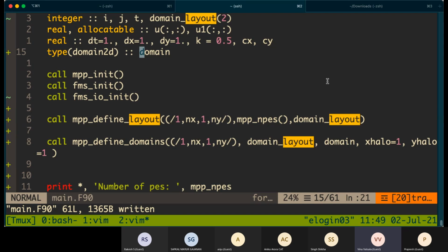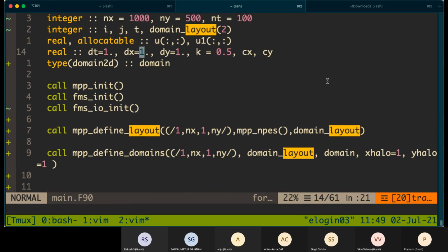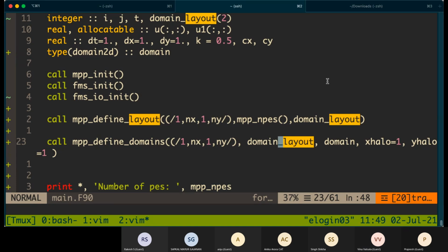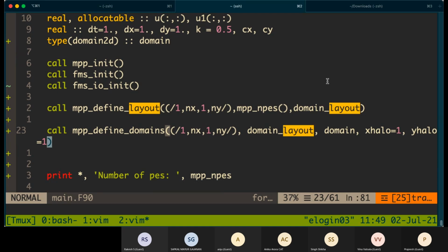How many halos should be shared? All such information will be there inside this particular variable. So once you call this, you have done the domain decomposition. Now all your domain decomposition information is inside this variable domain.